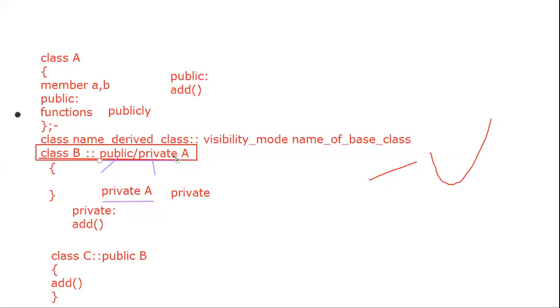Sir, one doubt is there. Yeah, okay. Sir, if we create another class which is derived from class A, then can we access all the functions from class A in that other class? Okay, I will write here, then you just tell me. Class D is going to be derived from class A. Which visibility mode is available, public or private? Public. Public or private, whatever it is.